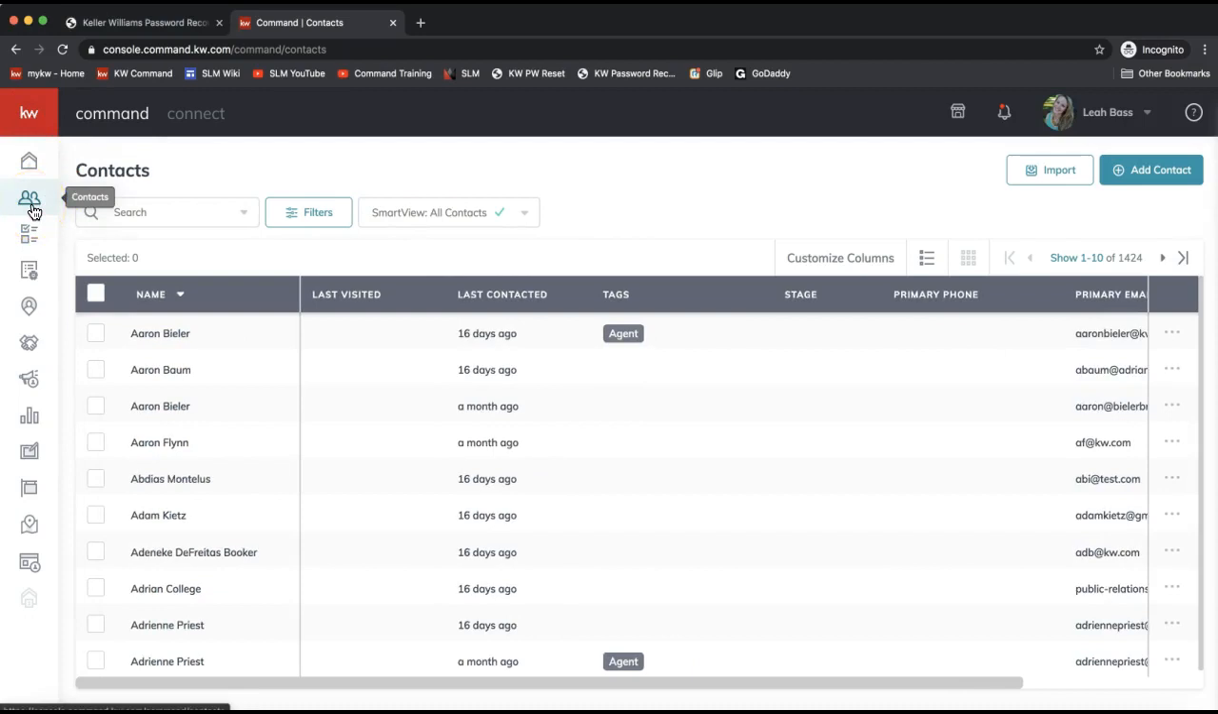All right, so we're on the Contacts section, the icon that looks like two little people hanging out there. And let's go ahead and create a test contact just so we can practice on. It's really, really great to have a test contact so you can practice on the Command stuff before doing this for a real client. So if we click Add Contact on the very top right,